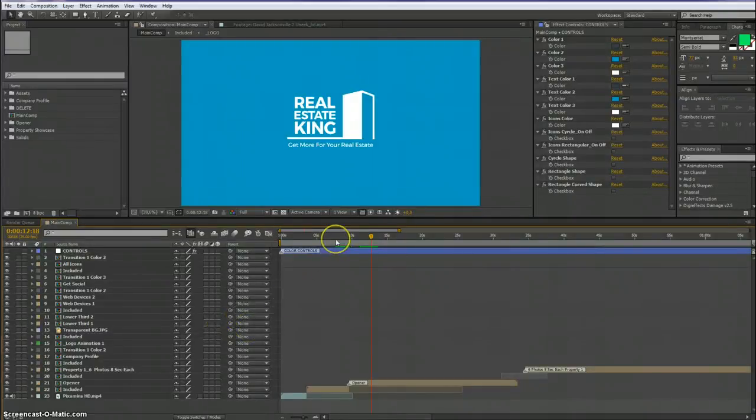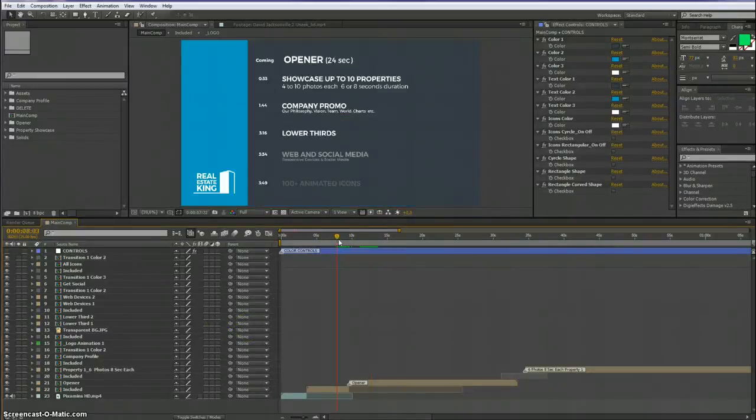I'm so excited to explain how you can work on this tutorial. This is not just a template, this is a combo, which means, as you see, you can use an opener, 24 seconds long. You can showcase up to 10 properties with options 4 to 10 photos each and extra options